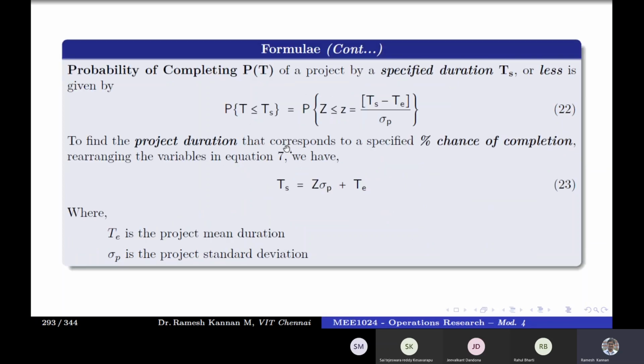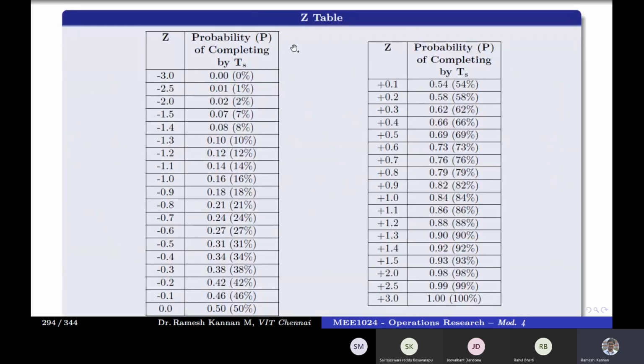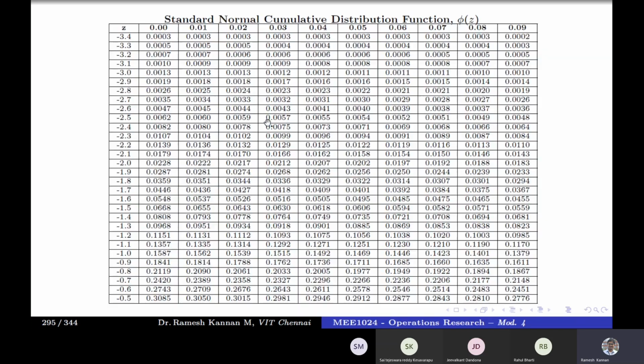And this is very important. It will look into the normal distribution table, and it will predict the probability of completion. We will come back to this a little later, but as of now, understand this thing. This is the normal distribution table. If you get a value of minus 3.0, then the probability of completion is 0. But if you get plus 3, the probability of completion is 100%. Anything in between, positive or negative value, is the percentage of completion of the project. And this is the standard normal distribution table.